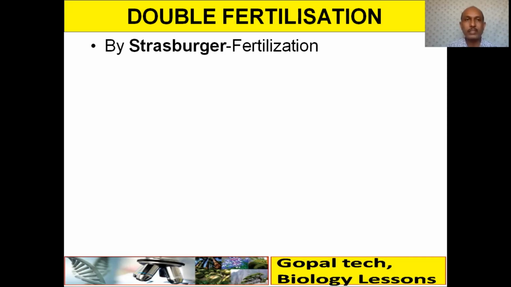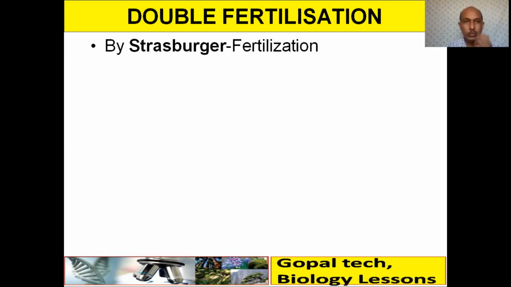So before this we have seen stamen as a male reproductive organ, pistil as a female reproductive organ. In anther there is microsporogenesis. In ovule there is megasporogenesis. Then pollination takes place, and after pollination, there may be self-pollination or cross-pollination. Then there are certain outbreeding devices we have seen. Then mode of pollination we have discussed and pistil-pollen interactions. Now once the pollen is deposited on the stigma, it germinates and transfers the male gametes and causes